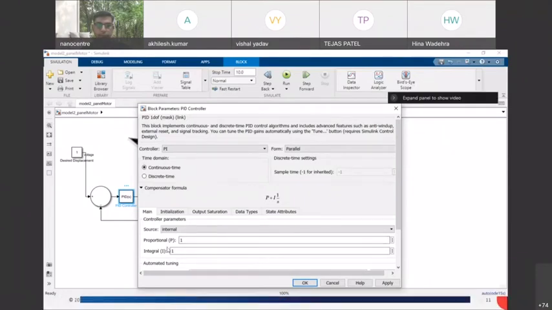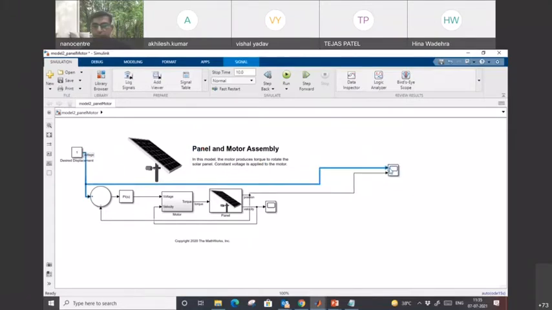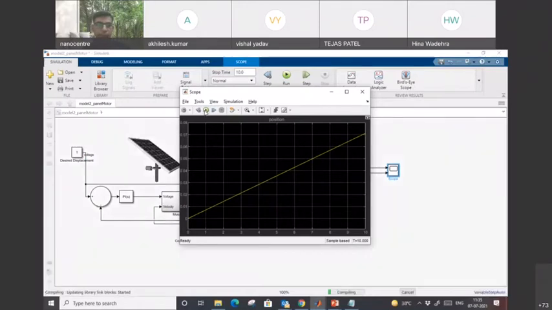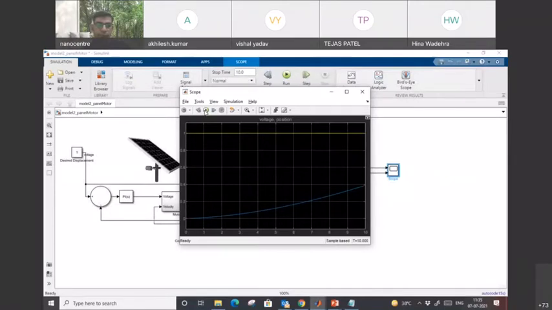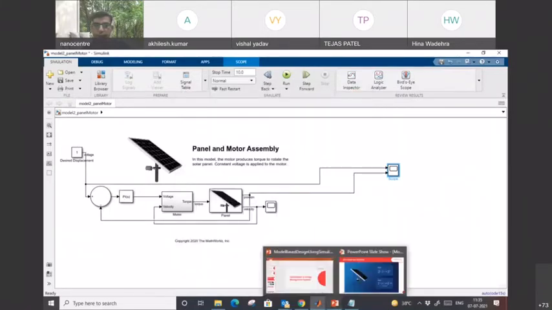And this is the proportional value, this is the integral value. The default is 1. Okay. And what I am going to do is simply take this input which I am giving from here and add it here, to compare whether I am getting the same desired displacement in this graph or not. So I am going to run this again. We are not getting it. That's the problem. Here you see this yellow one, that was the desired one, and this is the simulated one that is coming. We are not getting it. So we require tuning this controller, right?